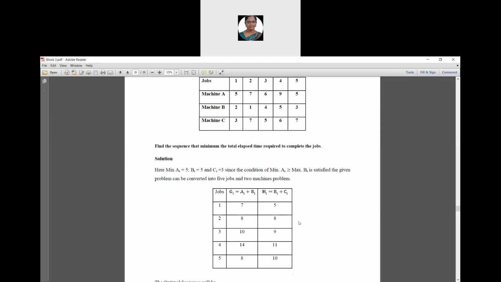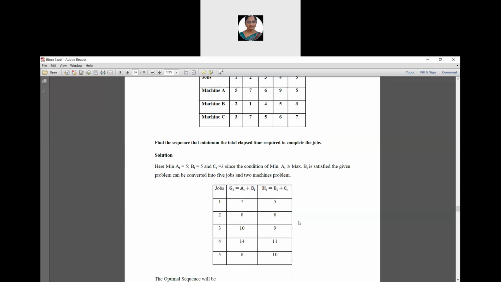The minimum value of the first machine is 5. The maximum value of the second machine is 5. The minimum value of the third machine is 3. So the minimum of A is greater than or equal to the maximum of B. The minimum of A is 5 and the maximum of B is 5. So that condition is satisfied. Therefore, the given problem can be converted into 5 jobs and 2 machines. So for that,